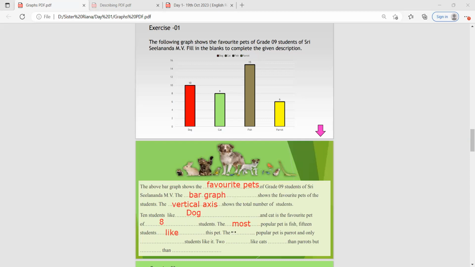Then the least liked, parrot. The least popular pet is parrot, and only six students like it. Two students like